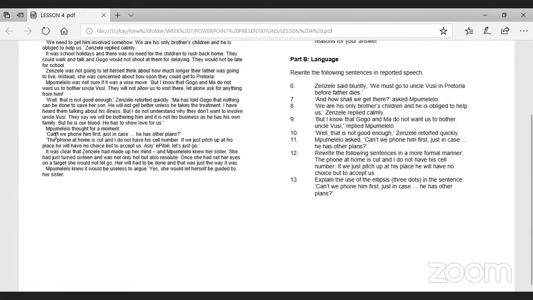Okay guys, by the way, the type of questions that I'm asking you, this is how they are going to appear during exams. So I just want you guys to get used to these types of questions. You must be familiar with explaining. You must be familiar with supporting your answers. You must be familiar with using formal language and polite tone. Those are the things that you're going to come across when you are doing comprehension and language.